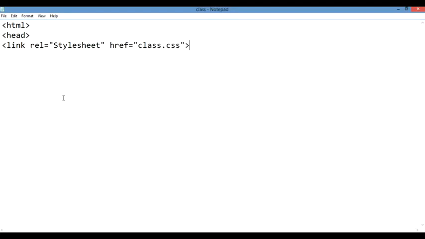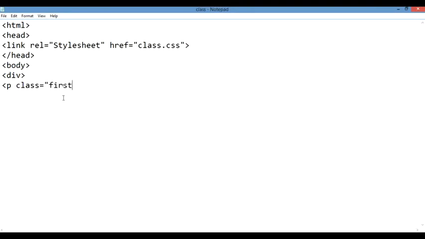So basically, why do we use an ID and why do we use a class? Whenever we want to use a thing multiple times in a program, we will prefer using a class, because an ID will work upon particular things only. Like if we have defined an ID in a particular case, then only there can it work. But if I have to use a thing multiple times, then I could prefer using a class, because a class will allow me to use that thing again and again.